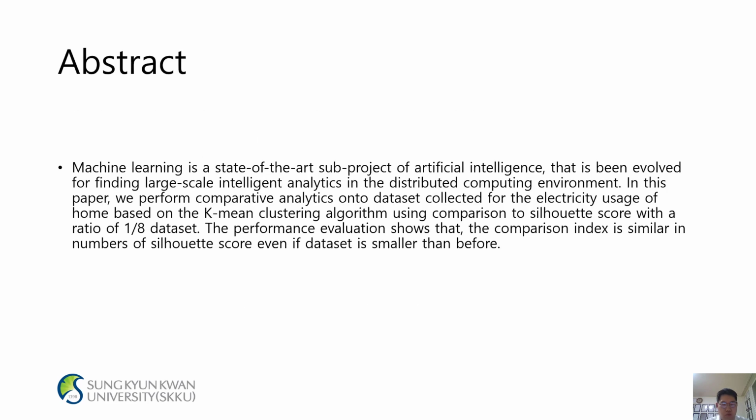Abstract. Machine learning is a state-of-the-art sub-project of artificial intelligence that has been involved in finding large-scale intelligent analytics in the distributed computing environment. In this paper, we perform comparative analytics on a dataset collected for the electricity usage of a home, based on the K-means clustering algorithm, using comparison to a silhouette score with the home basis on the K-means clustering algorithm using the comparison ratio of A per 1 dataset. The performance evaluation shows that the comparison index is similar in numbers of silhouette score even if the dataset is smaller